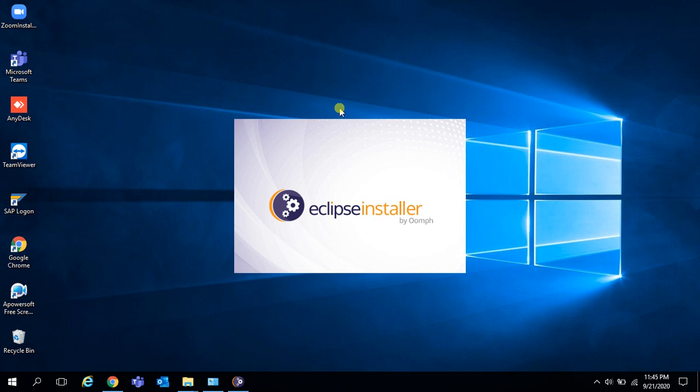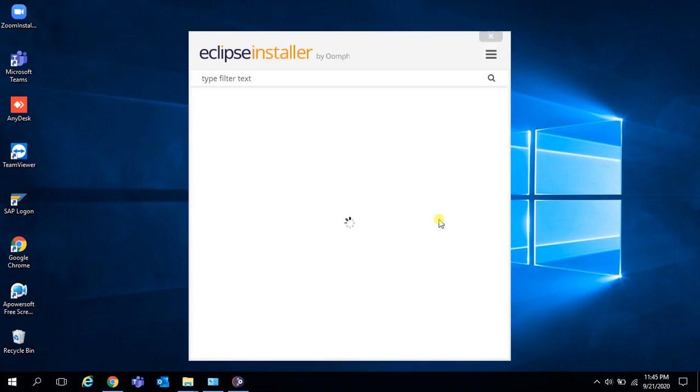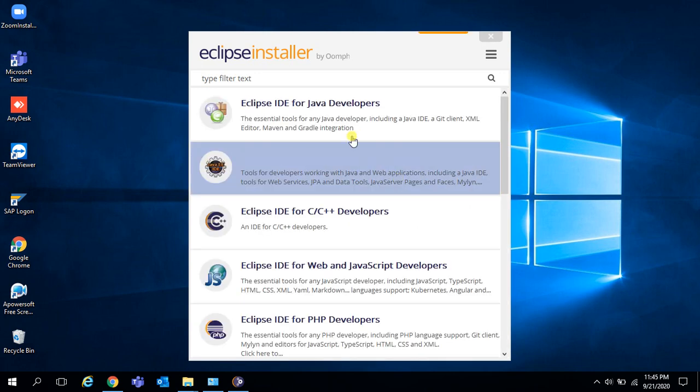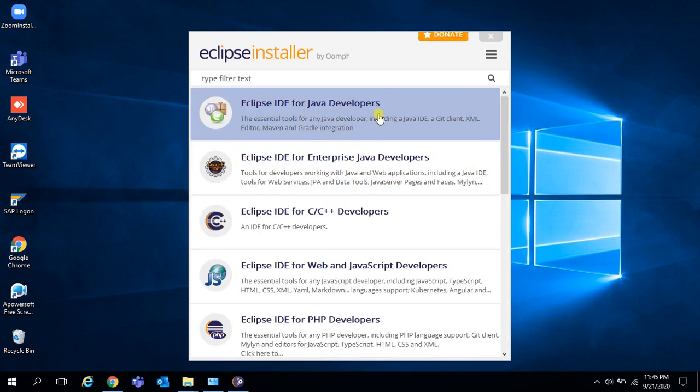Then it shows list of options. Here first one, Eclipse IDE for Java developers.